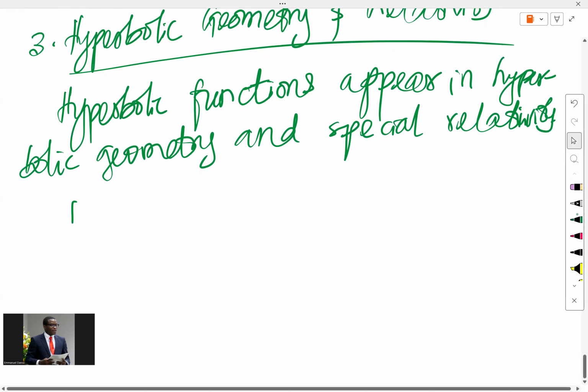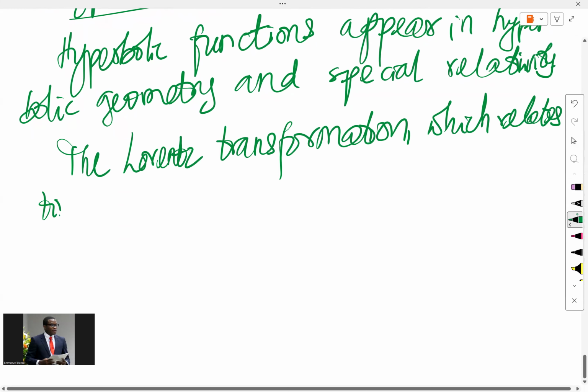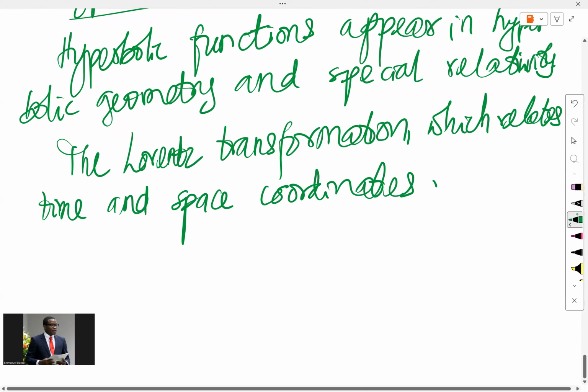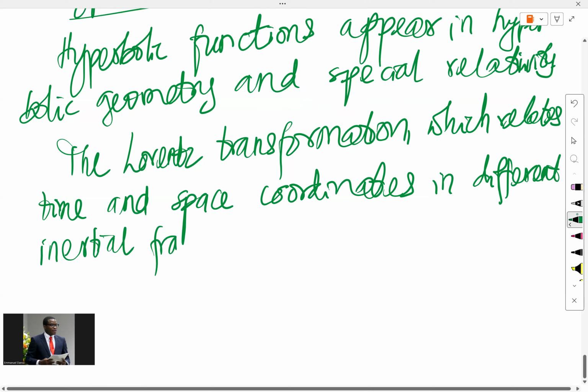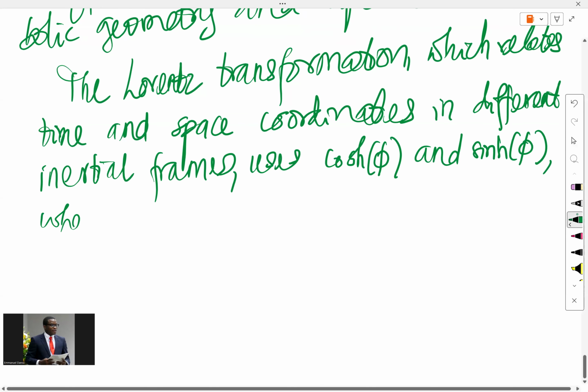And then the Lorentz transformation, which relates time and space coordinates in different inertial frames, uses cos phi and sin phi, where phi is equal to inverse tanh, that's arctanh of v over c, such that